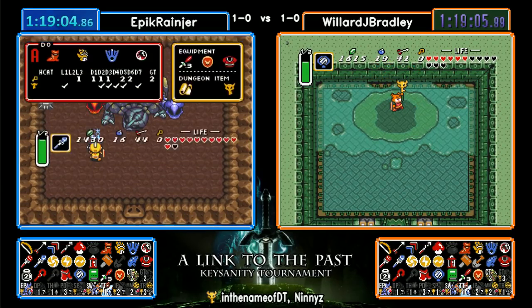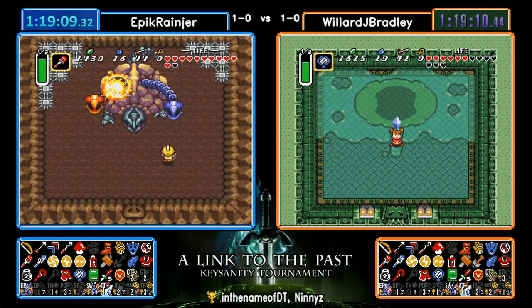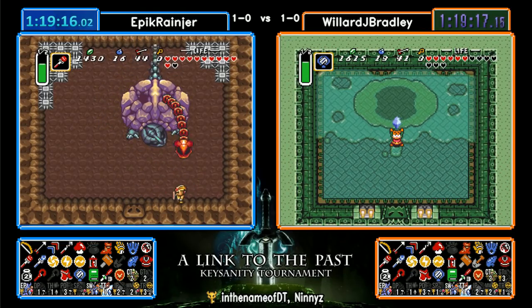And we find another big key, this time for Palace of Darkness. Do we need to go back for the Palace of Darkness? I don't know if we believe it's a crystal yet. Let's see what ones we got. Eastern,